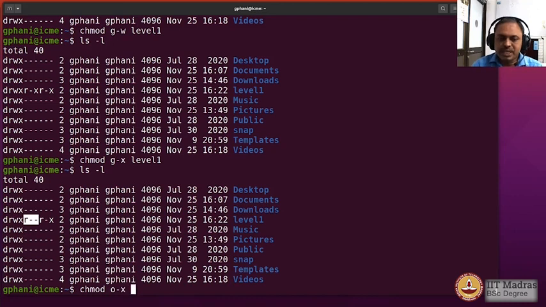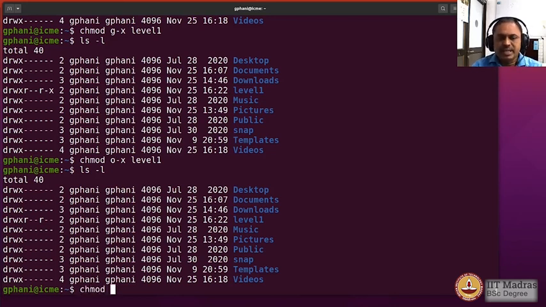Okay, now what I am doing is that for others I am removing the x permission, executable permission, for the folder level 1, let us say, and let us look at the output, and you would see that here for others executable permission was originally there, but it is now removed. Okay, now you can actually do this one permission at a time, but as we have seen in the slides, you can give a numerical value as an option to the chmod command with the argument which is the folder for which you are changing the permissions, in such a way that in one go you can make the permissions appear as you would like.